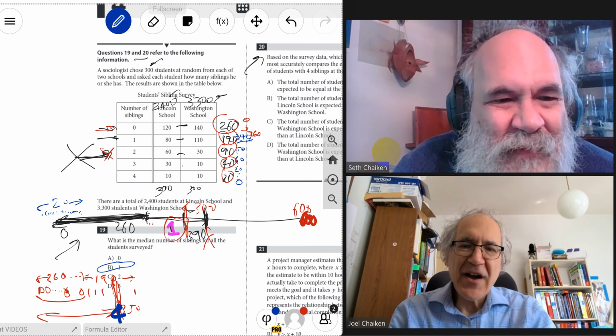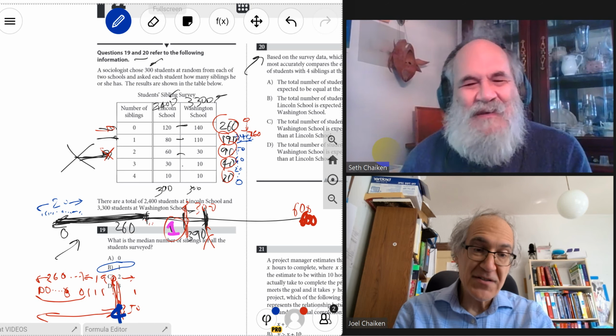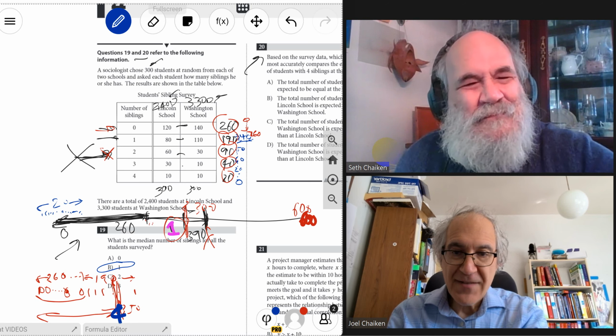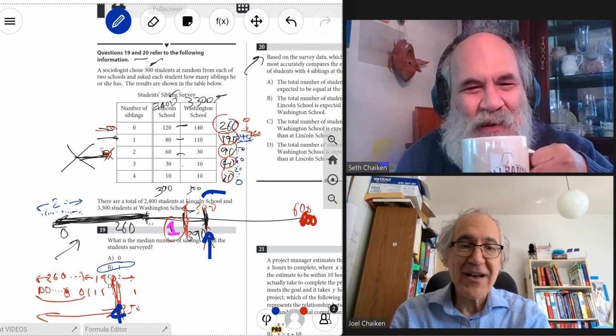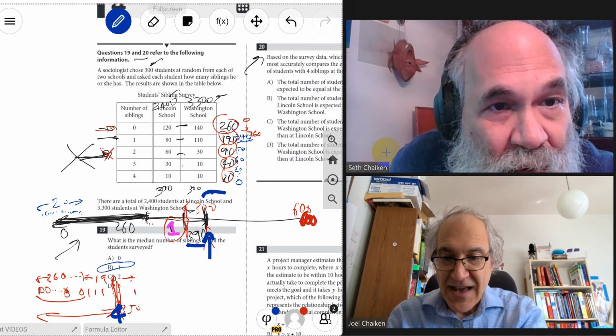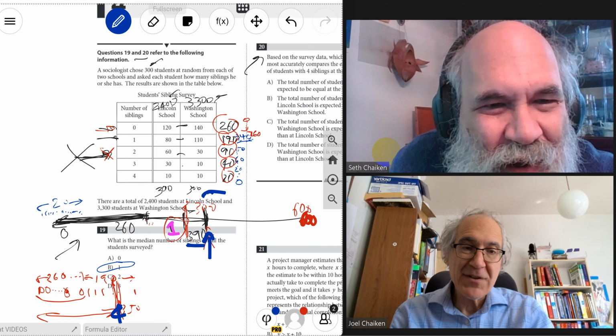You basically line up. You have 260 zeros, you have another 190 ones, and then you go from there. But Seth's insight was very good, that the middle of the total is 300. Notice I wrote this 390. That's completely wrong. I don't know where I got 390 from. And Seth actually wrote 350 when it's really 450. So we both made stupid mistakes, but we still got the right answer.